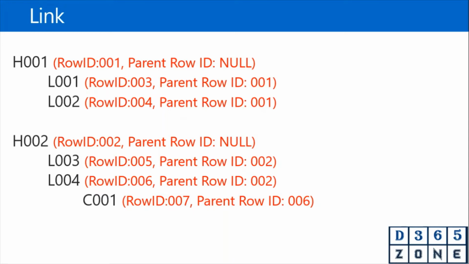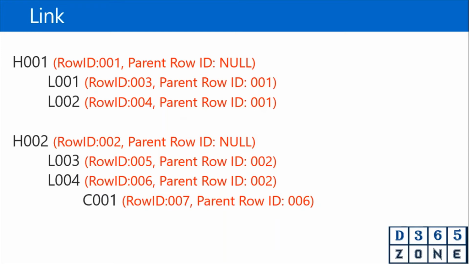There can be miscellaneous charges. There can be SGST, CGST, or whatever. There are a lot of charges that are coming in. If those are coming, can I form a link going beyond the second level? Yes, of course, it is possible. You can form any number of links. You can form a header to line, and line to one more subline, and it can keep going.